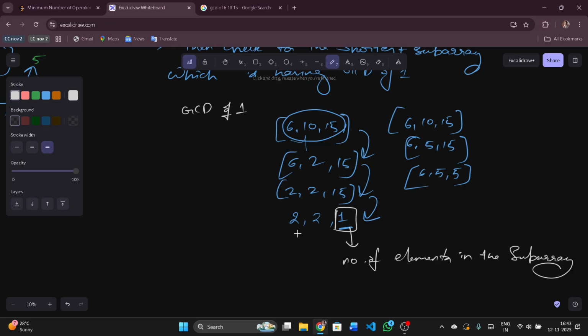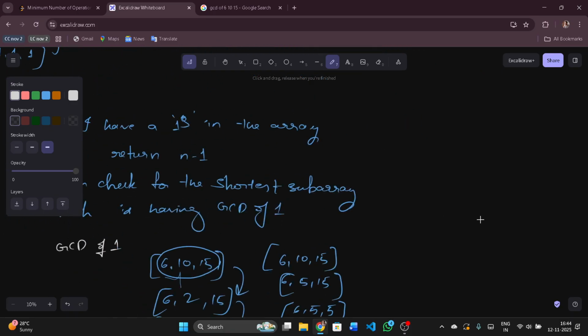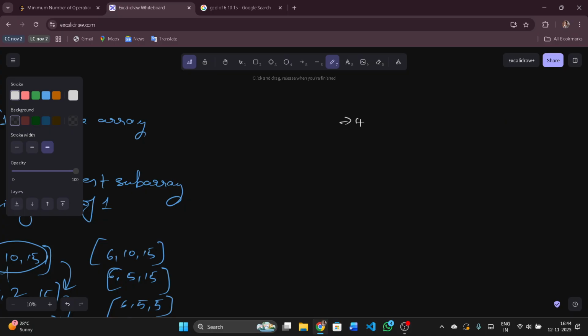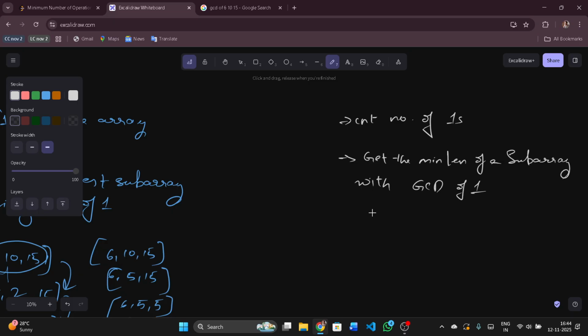Now, let us see how many operations the rest takes. The remaining one is nothing but n minus 1. So that's how we solve this problem. First thing is count the number of ones, and the second thing, get the minimum length of a subarray with GCD of 1 using